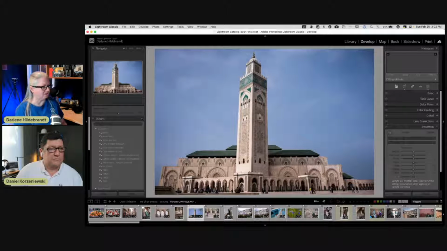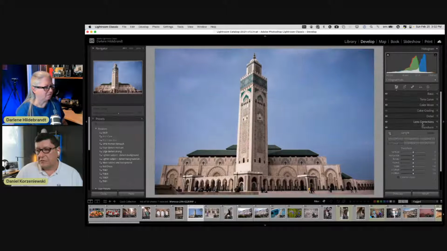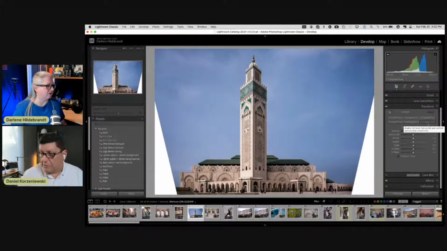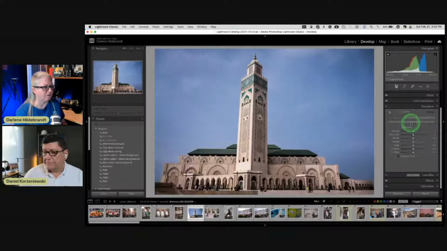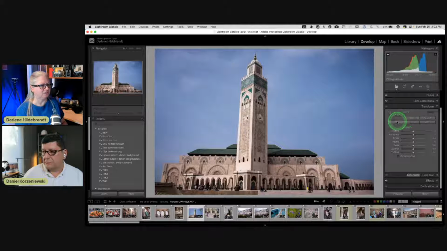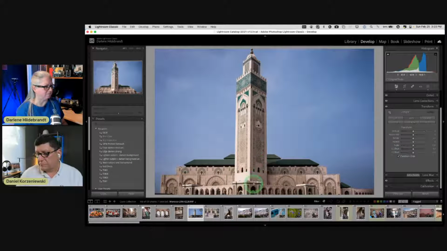So my original one, I think I did some corrections on this one, in terms of, yeah, there's not a lot of room here. I backed up as far as I could, but I couldn't correct the, I'm just going to reset this one because I'm curious if I do a full correction, I end up losing a lot of the image. But if I just do vertical, that doesn't feel right to me. I'm just going to try auto. That looks better. Okay, so now if I had to crop this, right, I'm going to lose the top of the buildings, right? But if I leave it this way,